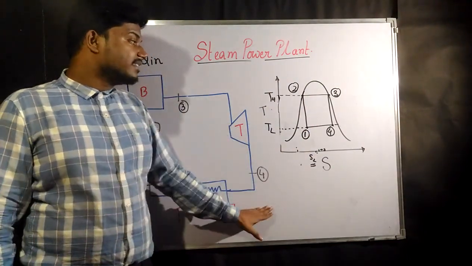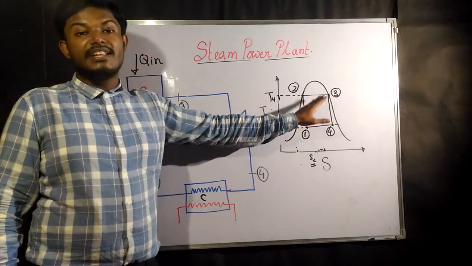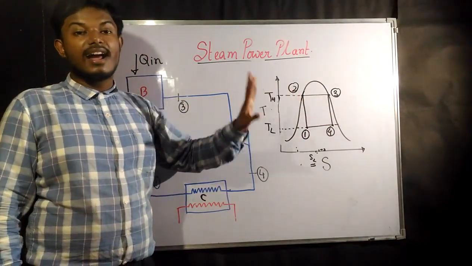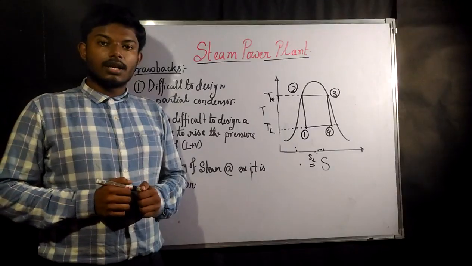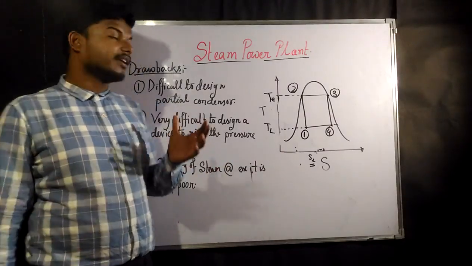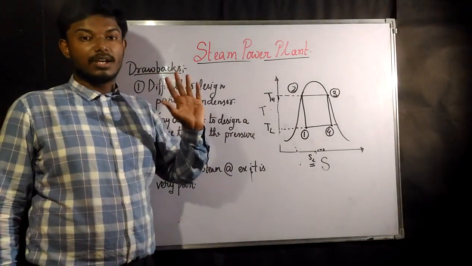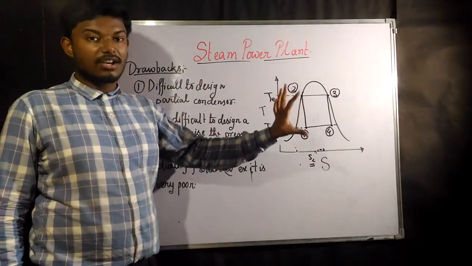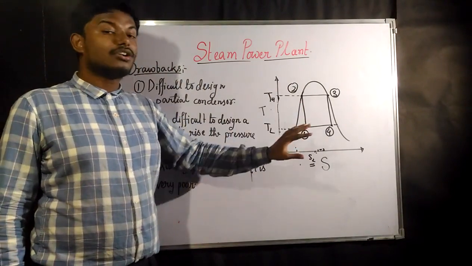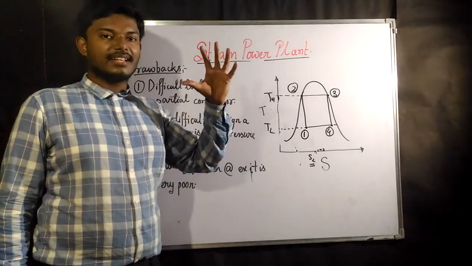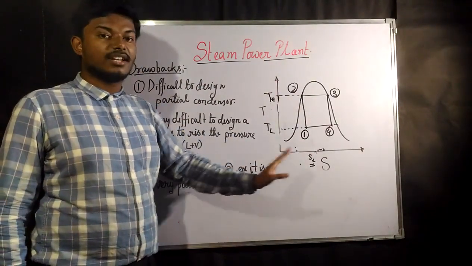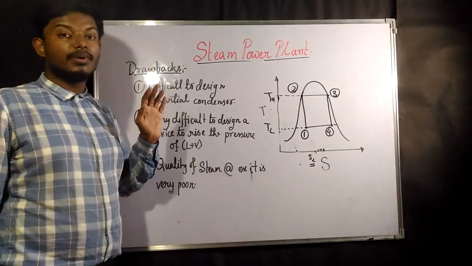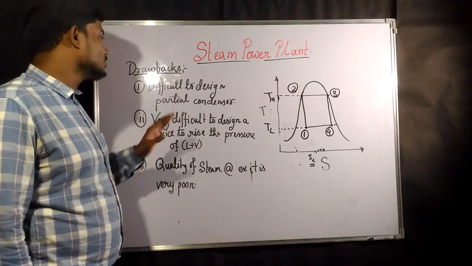Now we will see how it is going to be difficult for us to run a Carnot steam power plant. We are going to see the drawbacks of the Carnot steam power plant. A steam power plant is generally not Carnot. Since Carnot is a reversible or ideal cycle, we are representing it first as a Carnot cycle. Now we are going to see what the drawbacks are for the Carnot steam power plant.